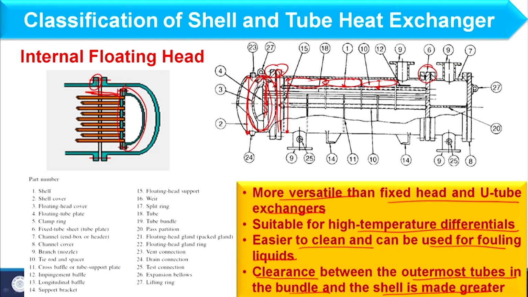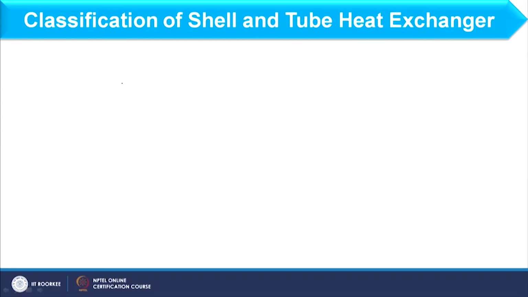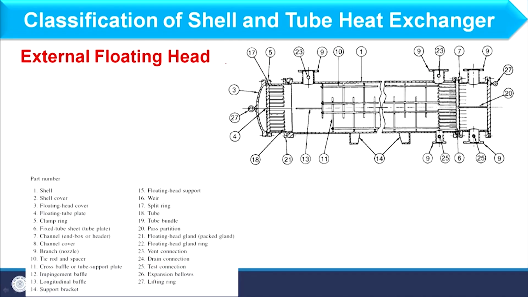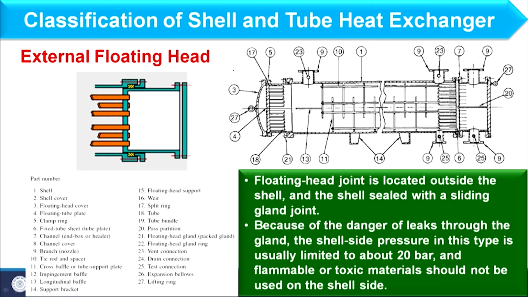So, if the shell starts from here, we can consider that this section is outside the shell diameter, okay. Outside the shell diameter means outside the cover which is equal to the shell diameter, right. So, that we consider as an external floating head heat exchanger, as you can find over here. So, you see this is basically the external floating head, here I am having the shell and this is the connection which can be removed. Now, the point is I am having this assembly, right, and if I consider this tube sheet, it can be moved forward or backward very easily, because it is sliding over here,